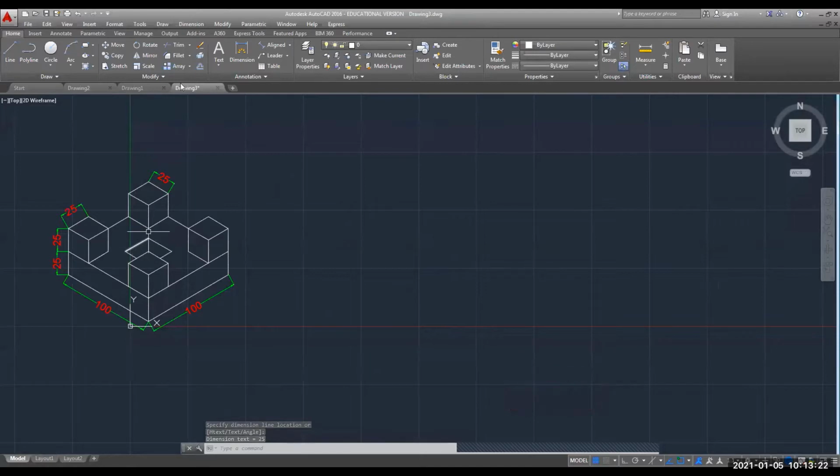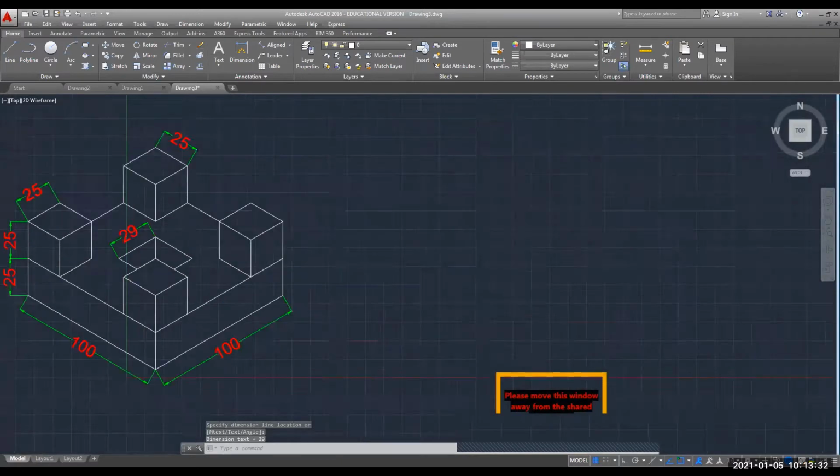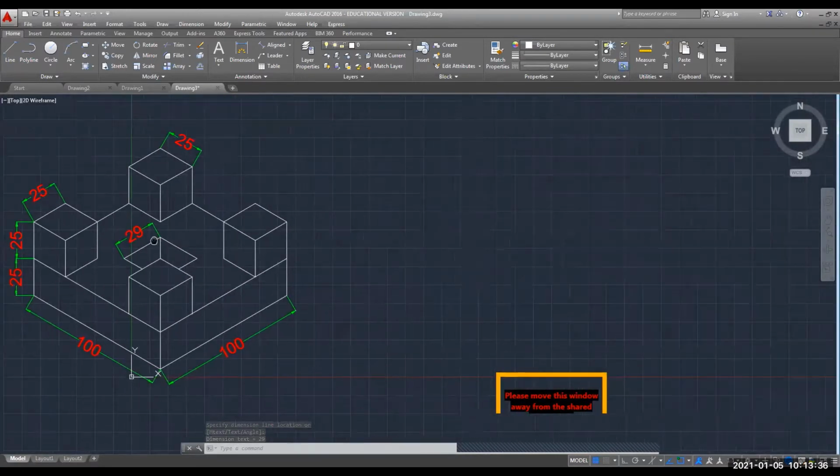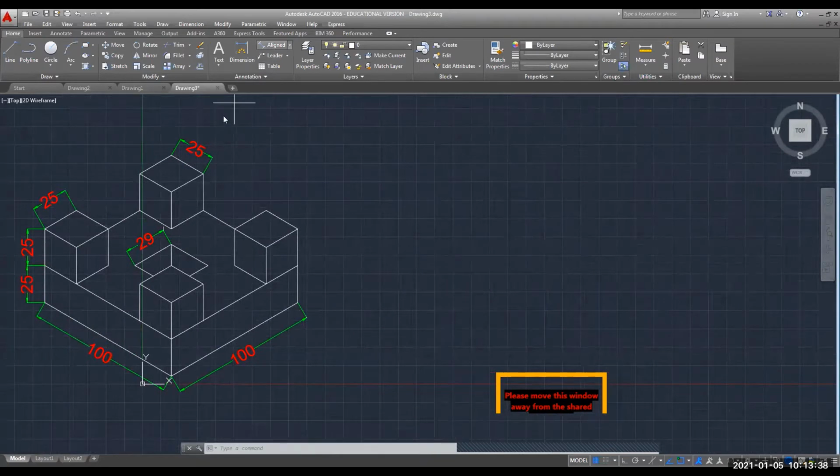Now the dimension of this hole also I will give. This is showing 29. We had made a hole of 25, I think. Let's see on this side how much it is showing. Okay. This hole is of 29 size. Okay, no issue. We will draw as per this drawing only.